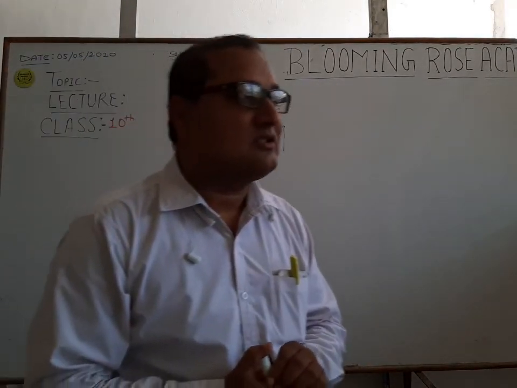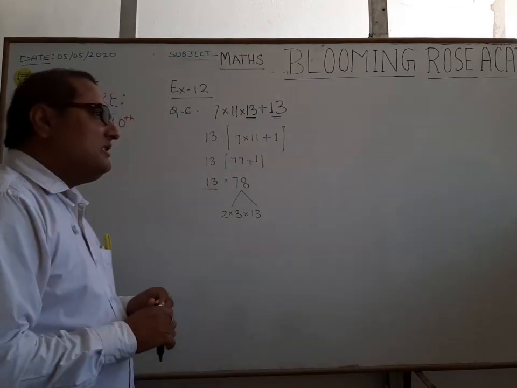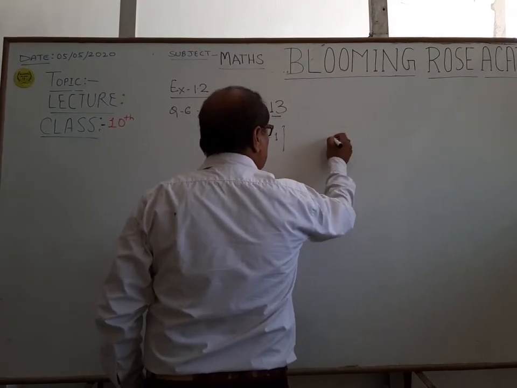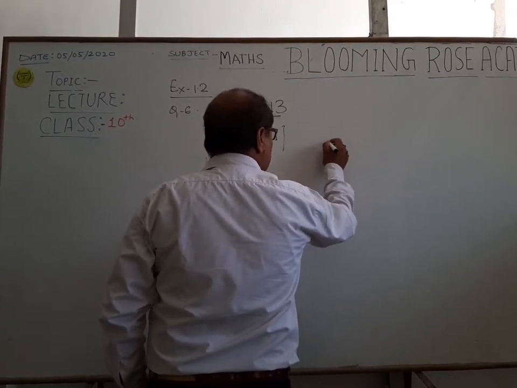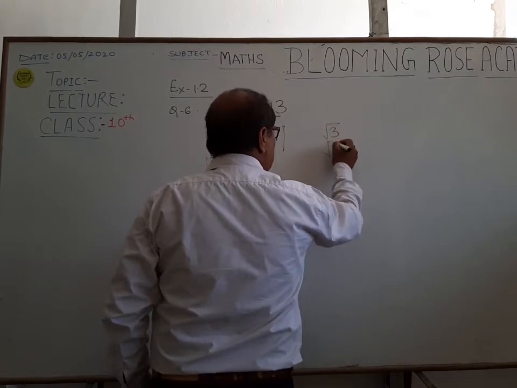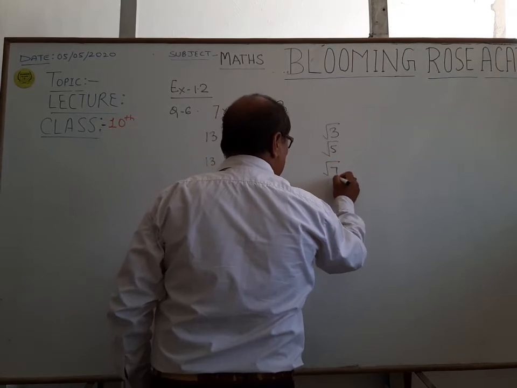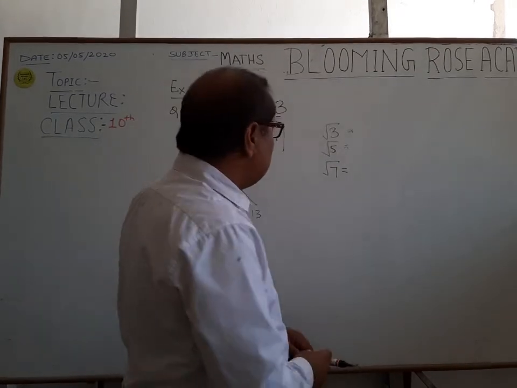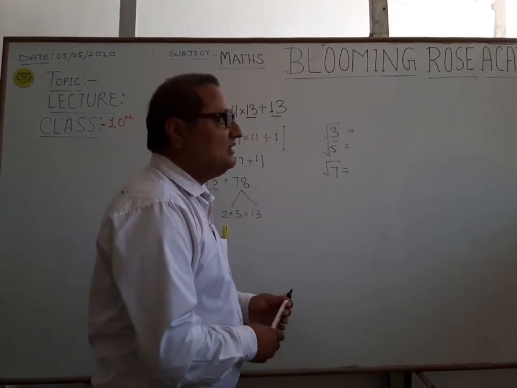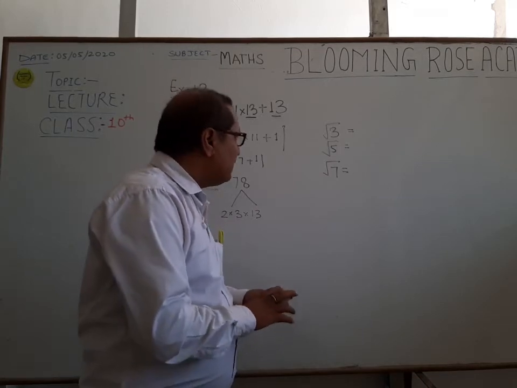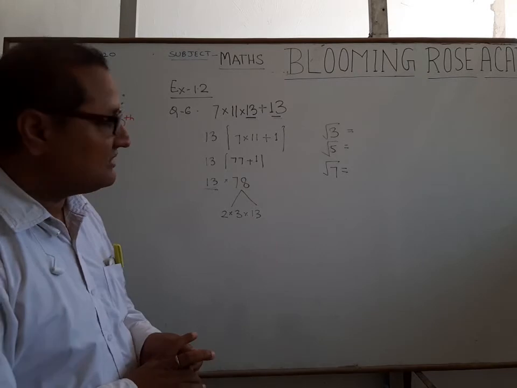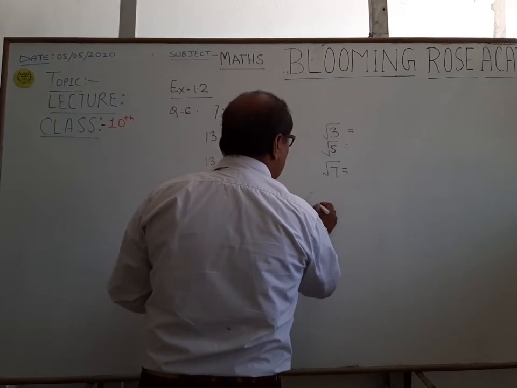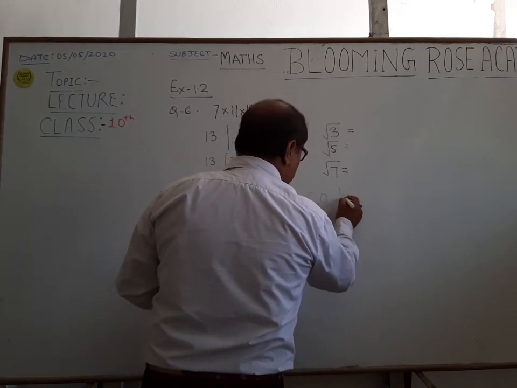It is a very important term, because when we will prove √3, √5 or √7 is rational or irrational, for solving or defining √3, √5, √7 as irrational, we need the definition of the co-prime number.